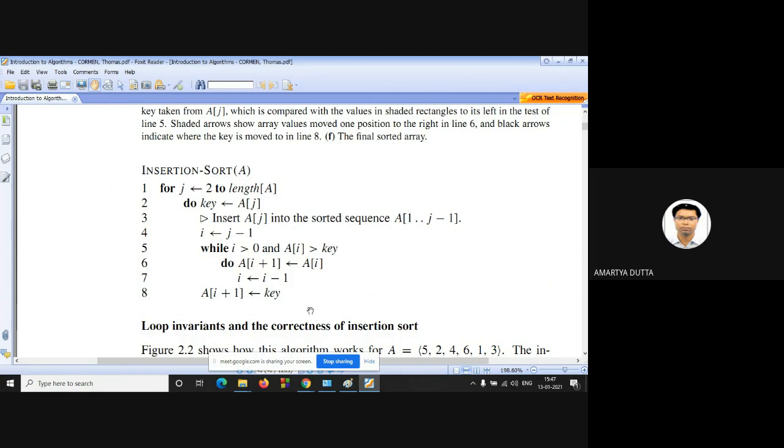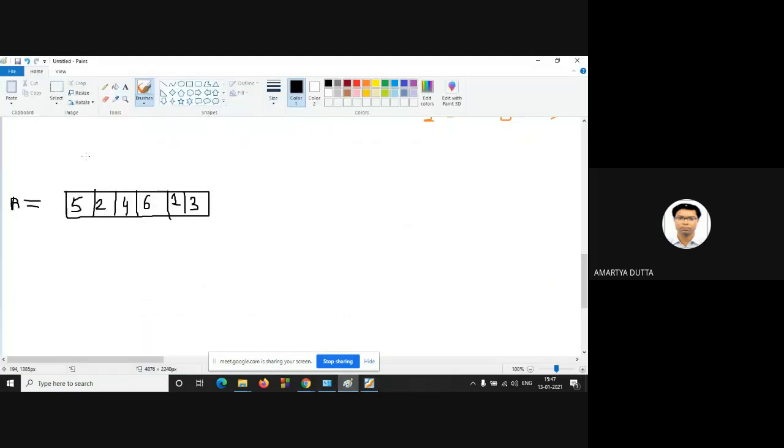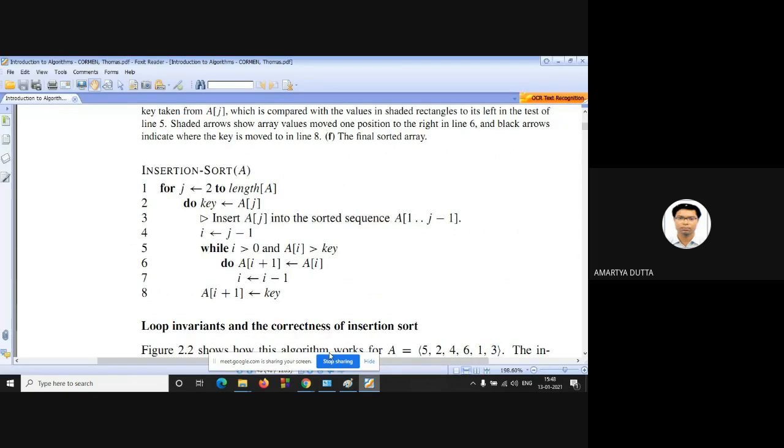So what is A.length here? The elements are 1, 2, 3, 4, 5, 6, so A.length is 6. So j runs from 2 to A.length.